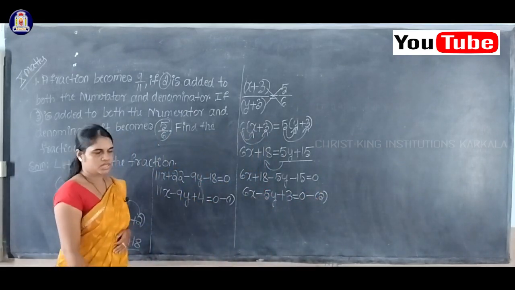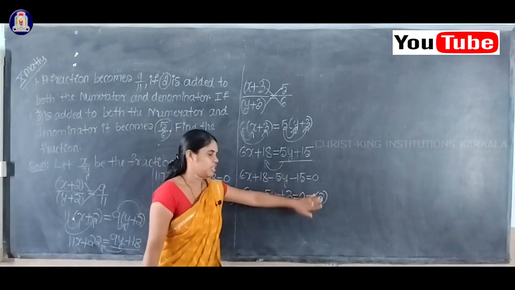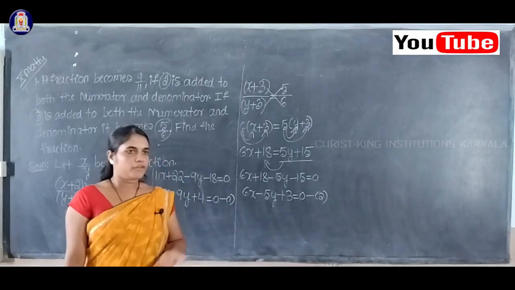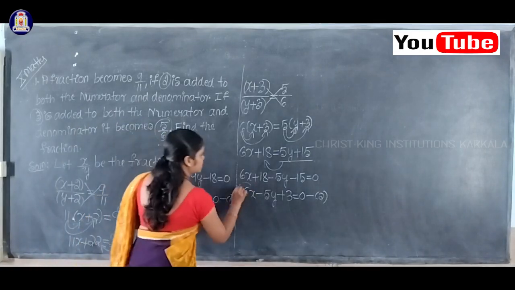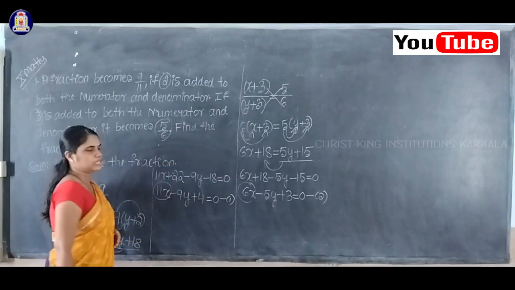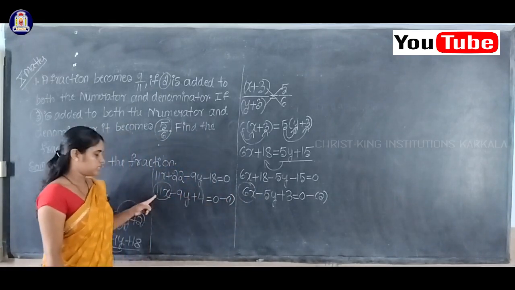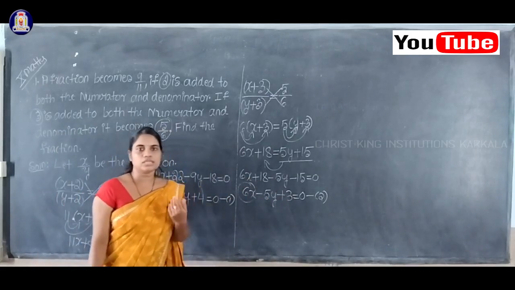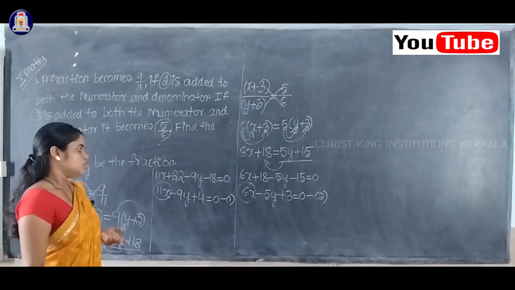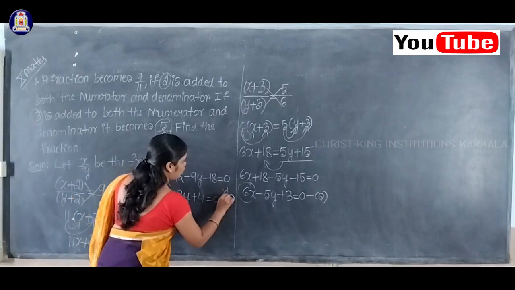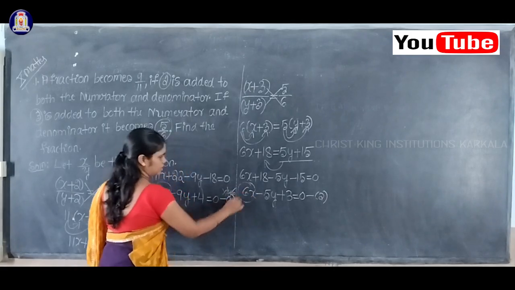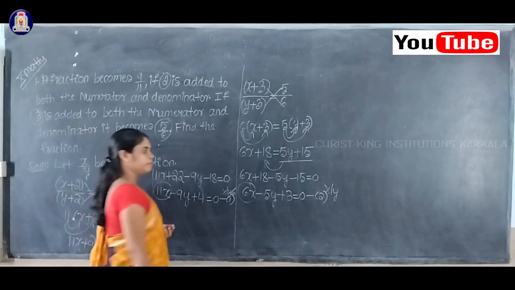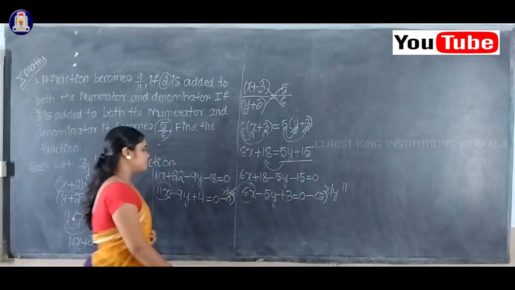So now I am going to simplify equation 1 as well as equation 2. So I will do the elimination method here. To perform the elimination method, the first term must be the same, isn't it? In equation number 1, your first term is 11x, but in equation number 2, your first term is 6x. What to do? I will multiply equation 1 by this number 6 and multiply equation 2 by the first number. What is the first number? 11.